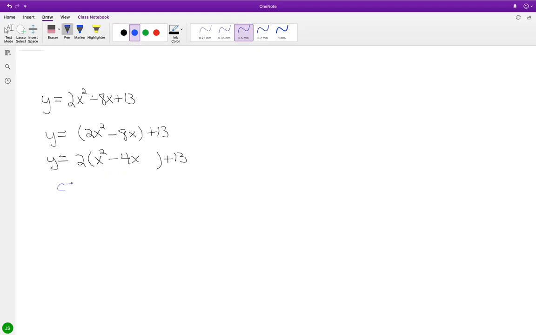And crossing over to the stage of completing the square, you're taking the first order x term coefficient, which is -4, take half and square. -4 halves is -2. The square of -2 comes out to 4. So we have here y is equal to 2 times the quantity of x squared minus 4x, and we have plus 4,